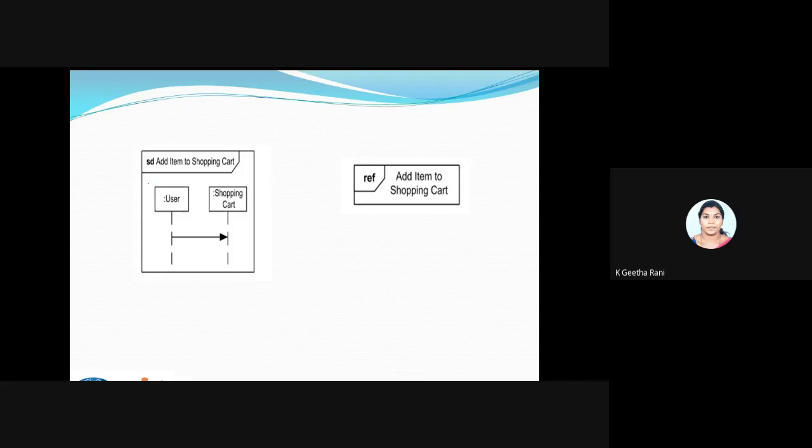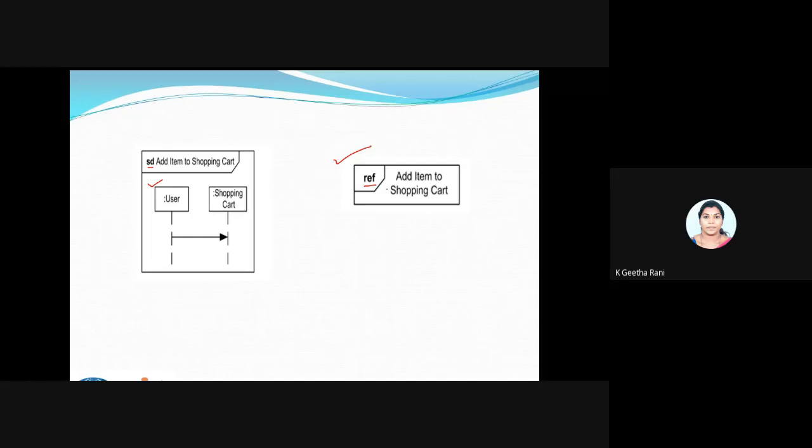We call this a sequence one actually. This is one interaction object, and this is also an interaction here. We have a technical term for this. The terms SD and REF are denoted here. We call this an interaction reuse.